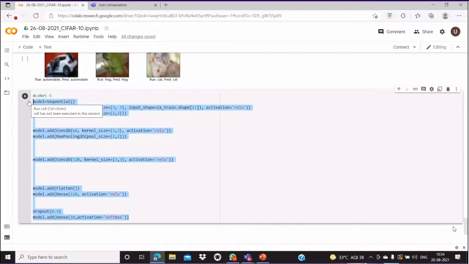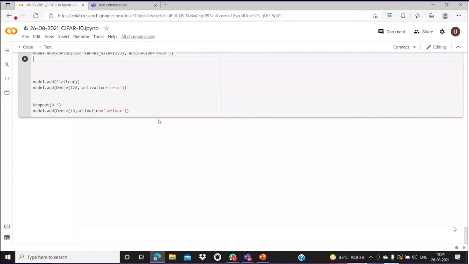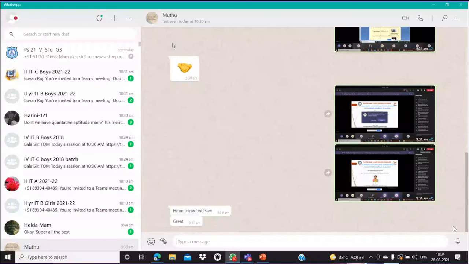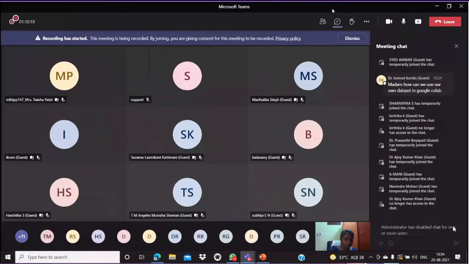You can change the epochs, learning rate, and optimizer, so that we can get an idea of how the classification is happening. You can create your own CNN model, train it, and easily classify the objects. Okay, so this is how the classification process happens.